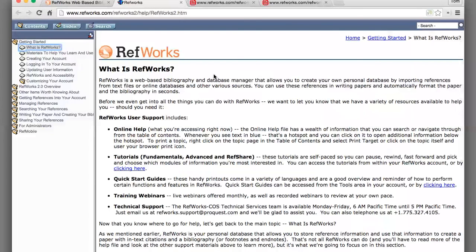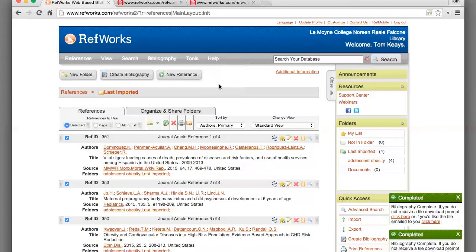Here you will find documentation on how to change settings, how to import references from a given database, how to use Write and Cite, and more. Links to both the video tutorials and the online documentation can also be found in the RefWorks and Write and Cite library guide. You can easily get to the library's help page by clicking the additional information link in RefWorks.